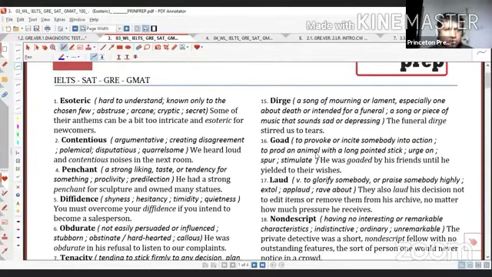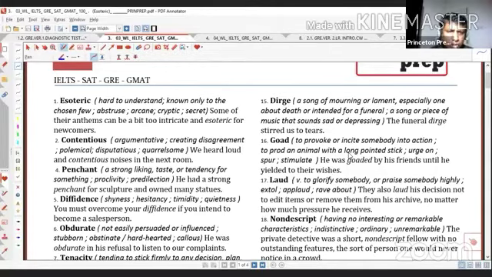Esoteric, E-S-O-T-E-R-I-C. What's that? The meaning is hard to understand, known only to the chosen few. মানে রহস্যজনক অথবা দুর্বোধ্য, এটা বুঝতে অনেক কষ্ট হয়. Abstruse, arcane, cryptic, secret. Some of their anthems are maybe a bit too intricate and esoteric for